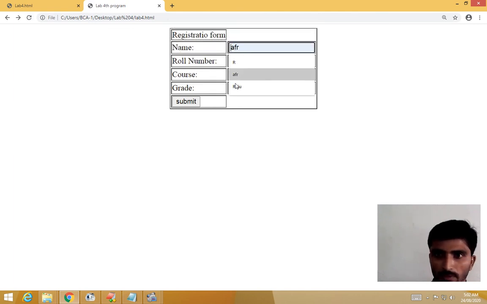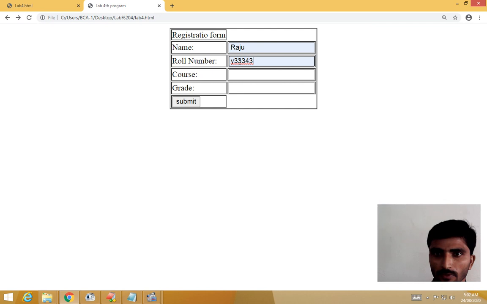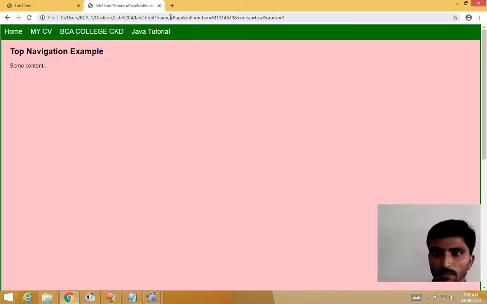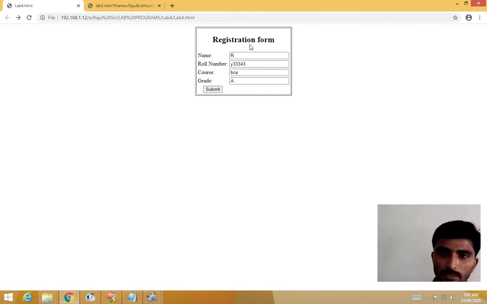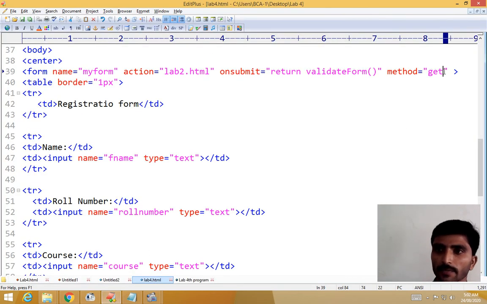Then enter BCA, then A. See, in the URL bar you can see every data field: name equal Raju, roll number equal M31450, course BCA, grade A. But some developers, if they are creating a registration form or login form, do not write the get method.